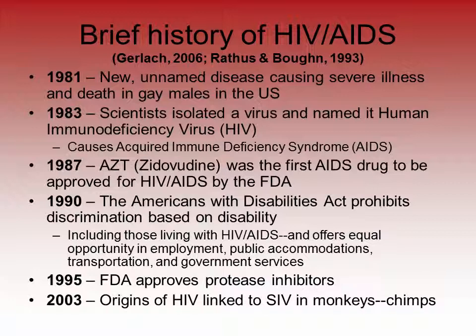And in the beginning, although it appeared that only gay men, Haitians, and even hemophiliacs were the only at-risk groups, it soon became apparent that the virus was spread through sexual contact and blood and wasn't limited to those three populations. Although the disease wasn't officially identified until 1983, HIV may have been present in humans for much longer because